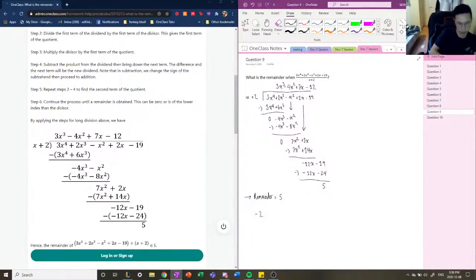We're going to take the solution and write it out like here, and we're going to have an upside down division bracket, okay? And we're going to write the coefficients of our polynomial, which is 3, 2, -1, 2, and -19. What we're going to do here is take our first coefficient, move it down, multiply -2 by it, add it to our second one, and move that one down, okay? So if we move it down here,